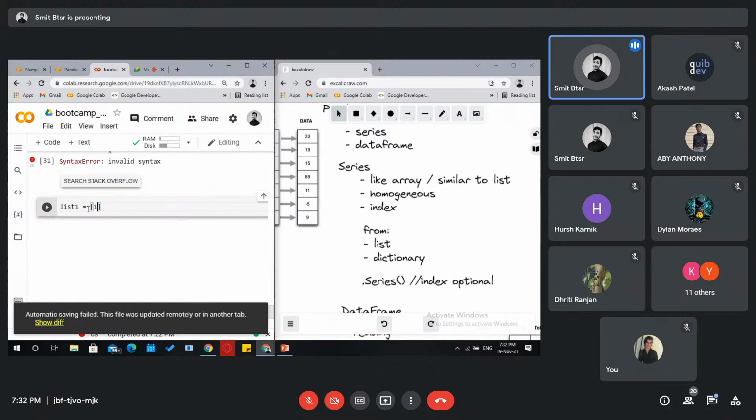Remember, you have to create a list of homogeneous values. Okay, 1, 2, 3, 4, 5. This is my list. And if I write what is the type of this list 1, then it will show me that it is a list type. Okay. Now, if I want to convert,